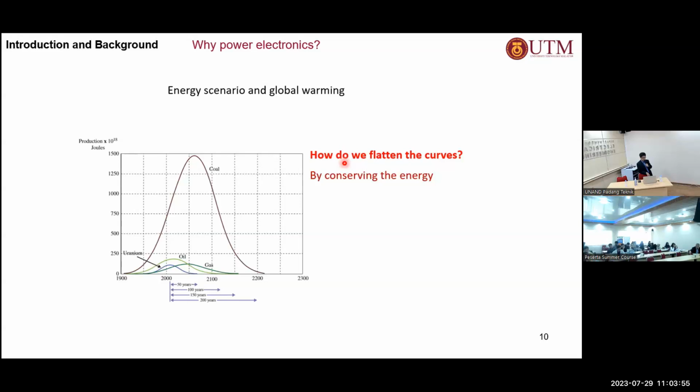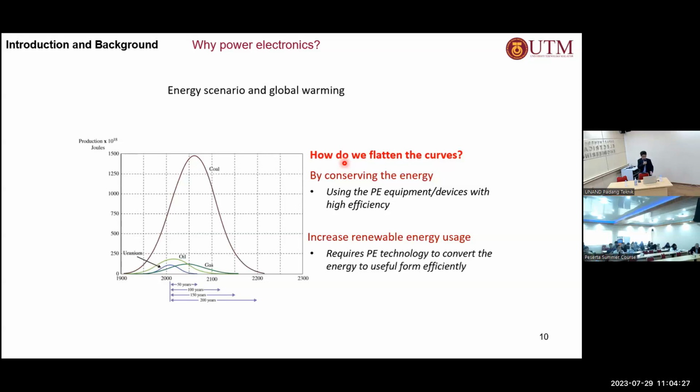But anyway, if we want to flatten the curve, then what we can do is to use highly efficient energy, obviously using power electronics. That will reduce the energy consumed, and therefore can give a longer period of time for the usage of this fossil fuel. Another smart choice is to remove the fossil fuel, and instead use renewable energy. Even if we opt for this option, we'll still need power electronics,